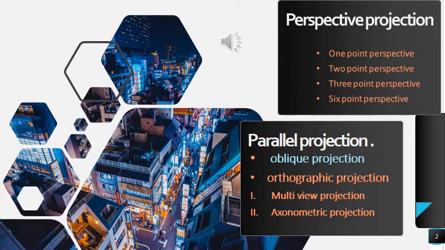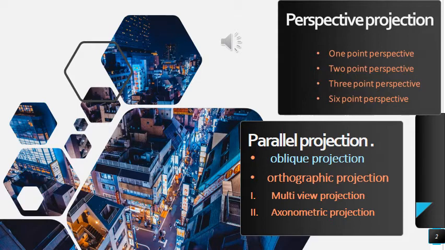Perspective projection, as we came to know from one point perspective, is about the object at the front being bigger in size and the object at the back being smaller. It means the size of the object varies with the view angle of the object. That is the basic difference. We can have one point perspective, as I told you before. We can have two point perspective, in which we have two vanishing points. In three point perspective, we have three vanishing points and create a drawing.